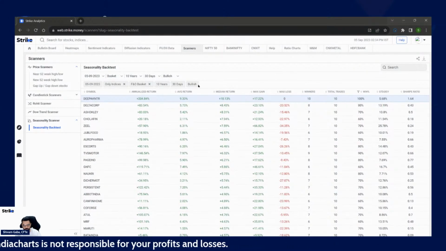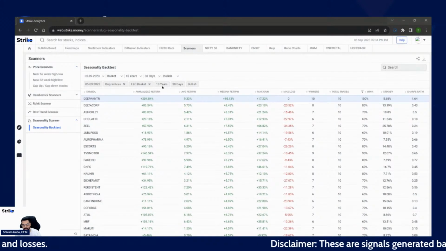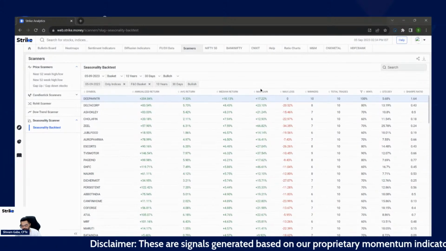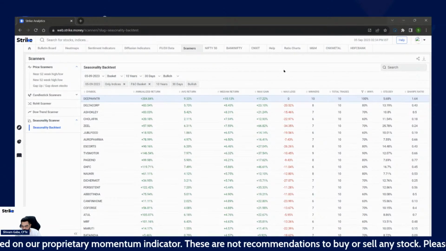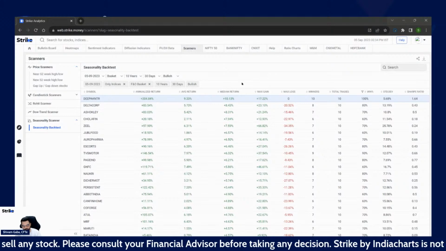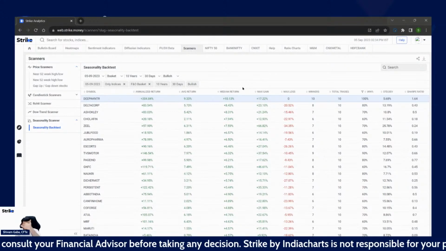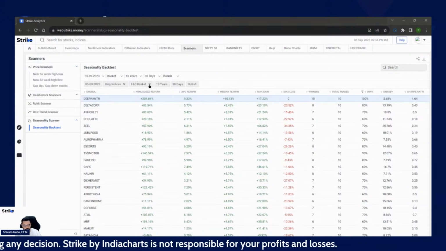What I'm getting right now, what you are seeing on my screen, is based on the last 10 years of data, which stocks have a history of performing in the next 30 days. That is from 5th September to 5th October. So that is how you can use the seasonality backtest. It is not a prediction, but it is actually a report of what has happened in the last 10 years. Based on that, you can do your analysis on the chart and have a list on which you can work on. So if I go for only indices,